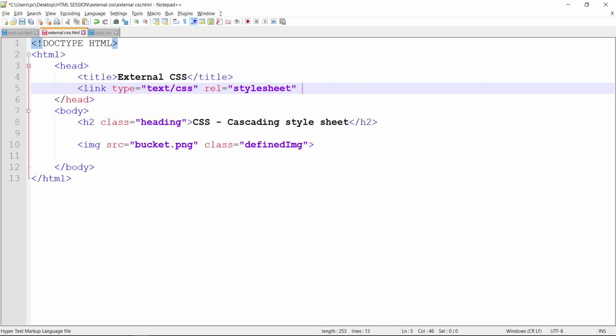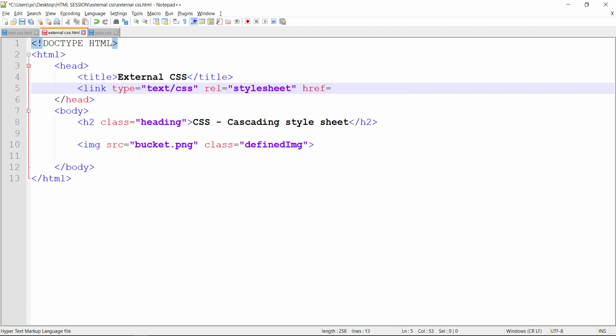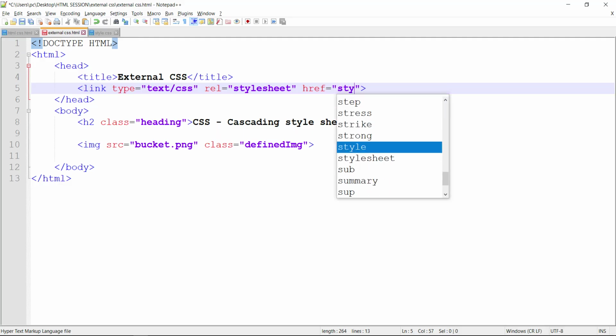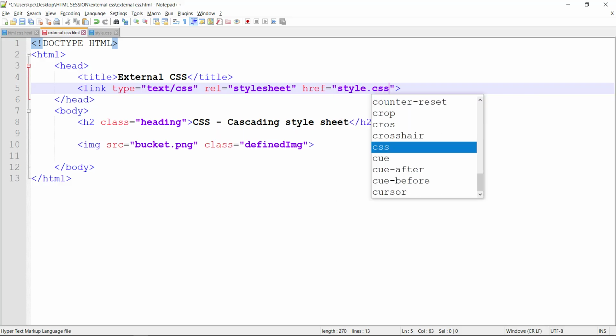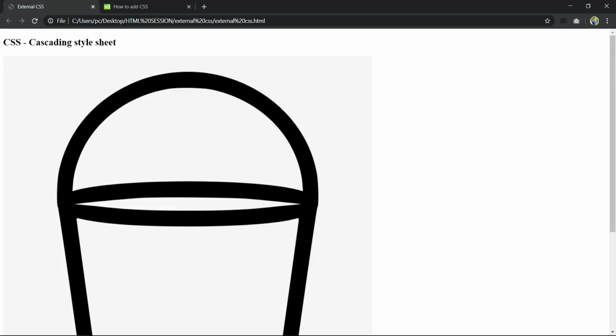Whatever link we are giving here, that file is of style sheet type. Now the final href means hypertext reference, right? That is the link reference. So where is my file present? This is our html file and this is our style.css, within the same folder, so I will write directly here style.css and let's refresh our page.